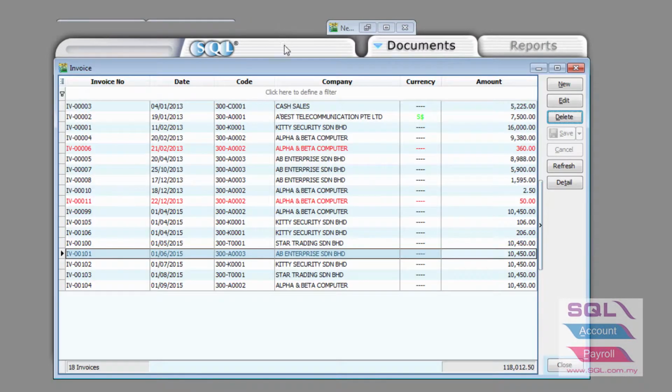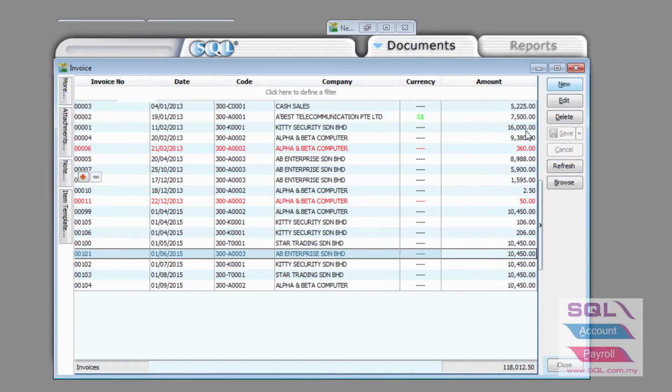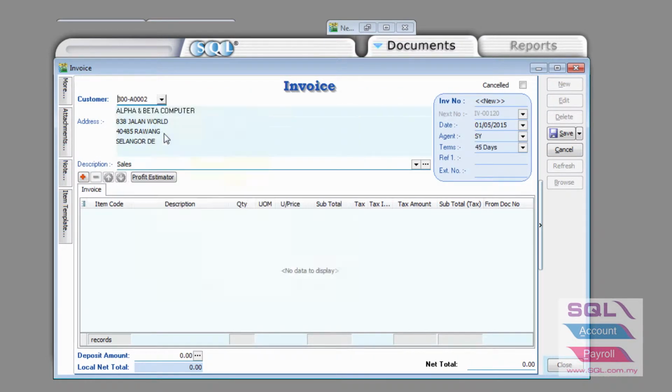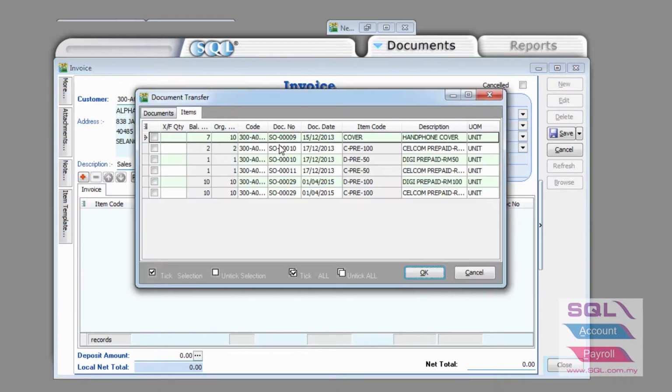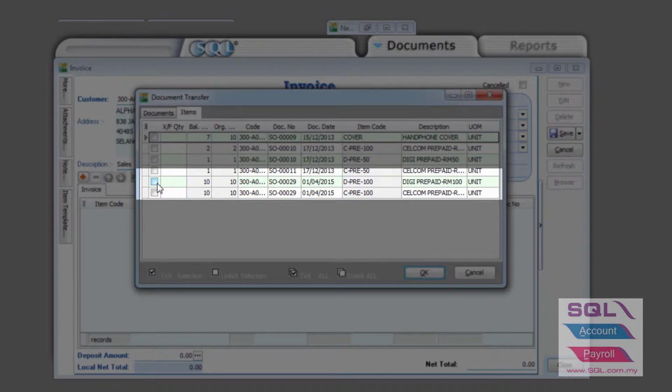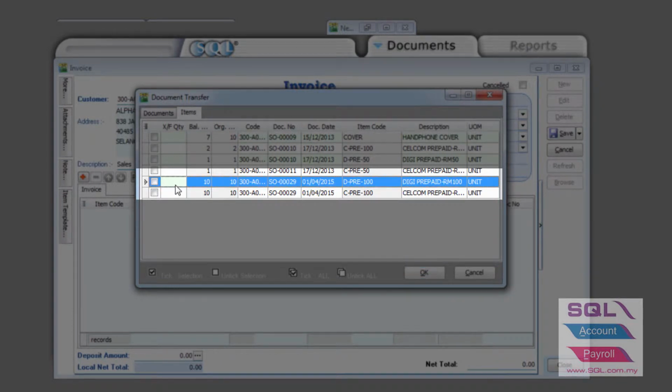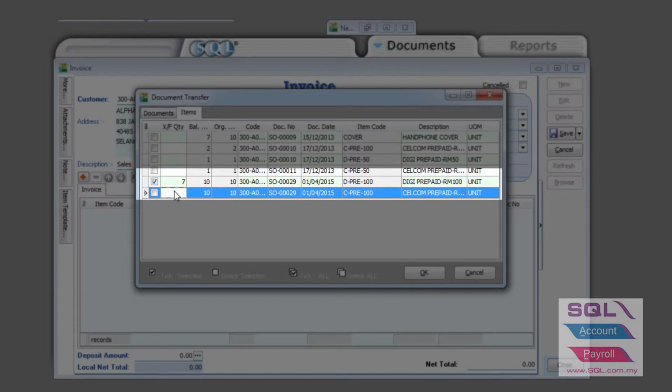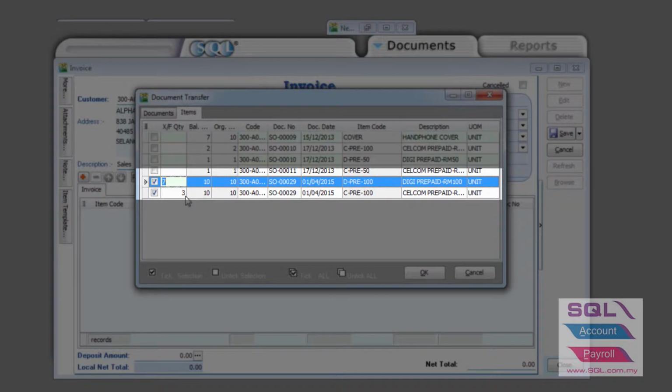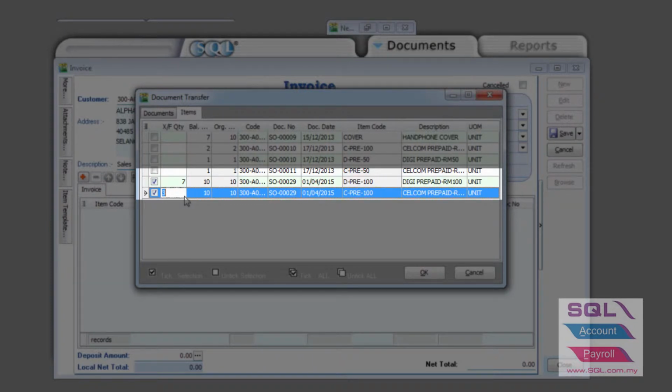Next, we go to an invoice. Let's make the presumption that now this sales order is going to be converted to two invoices. We're going to manually, purposely input a unique number, invoice XXX, and transfer from the sales order to an invoice using the transfer module, and we're going to make it a little bit more difficult by keying in a partial delivery. So 7 units were delivered to this invoice and 3 units to this invoice, with 2 different items from the same sales order number